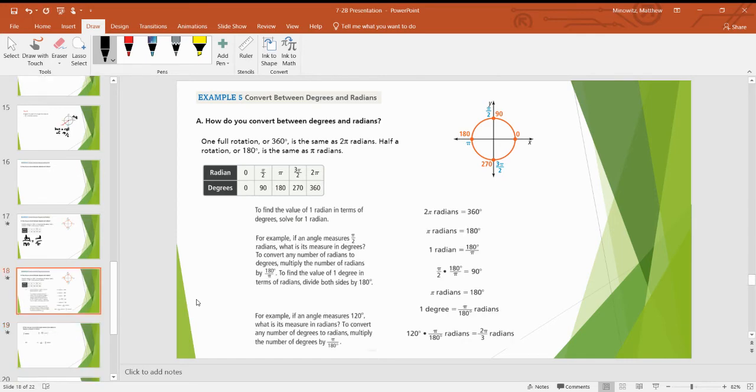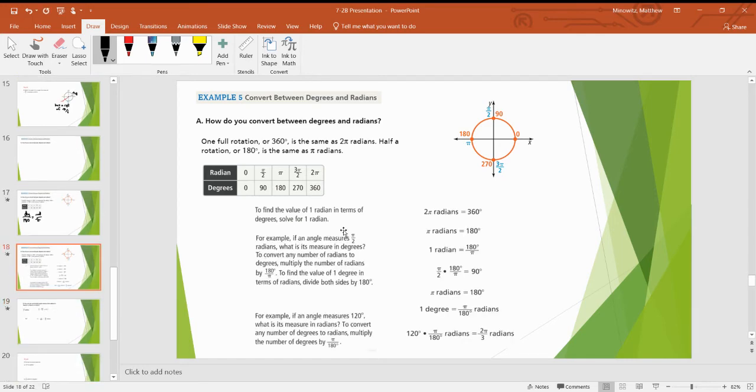Now, the book teaches it slightly different. It uses a conversion chart, which is fine. So it says to go from degrees to radians, you multiply by pi over 180, which is what the proportion is going to do. And to go from radians to degrees, you multiply by 180 over pi. Now, I confuse those and get those backwards, so I'd always recommend just setting up the proportion, solving the proportion,